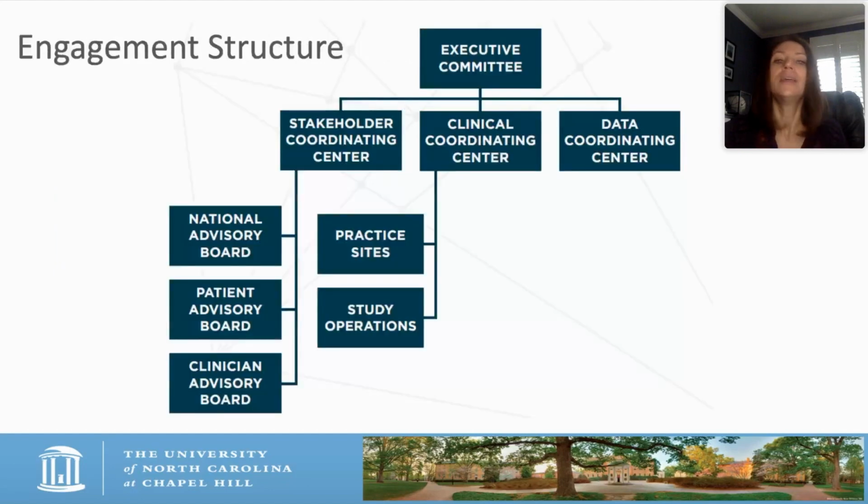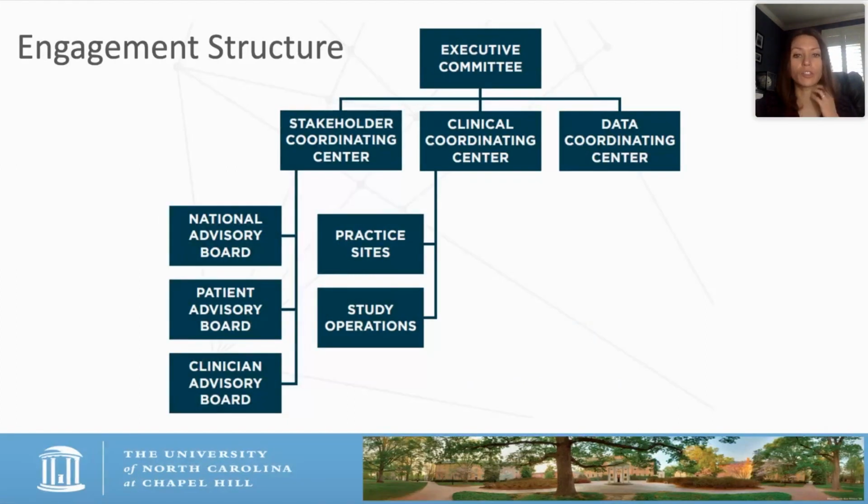And then if you have a big study or a trial or whatever you're putting together, it's good to have a structure of organization. If you look at this, we have the executive committee, and these are the larger trials. You see this clinical coordinating center, the data coordinating center on the right. But what we also have is a stakeholder coordinating center. And what that includes is a national advisory board. These are people who make the guidelines. So when you know you have your results at the end, they're going to be